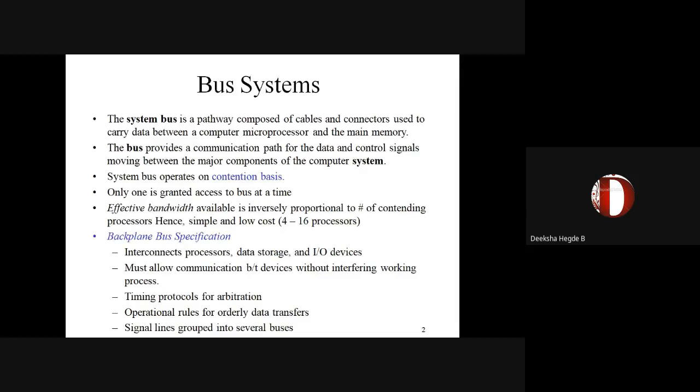Okay, so the system bus is a pathway composed of cables and connectors used to carry the data between a computer microprocessor and the main memory. So as you all know, it is a pathway. That's why we call it a bus, wherein you carry the data between the processor and the memory. So basically, the bus provides a communication path for data and control signals moving between the major components of a